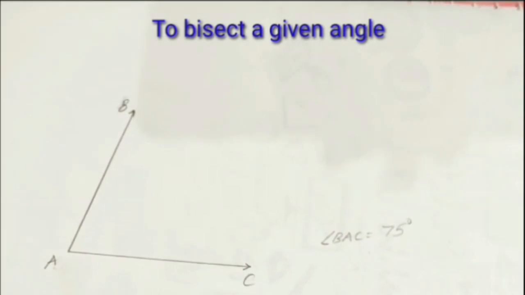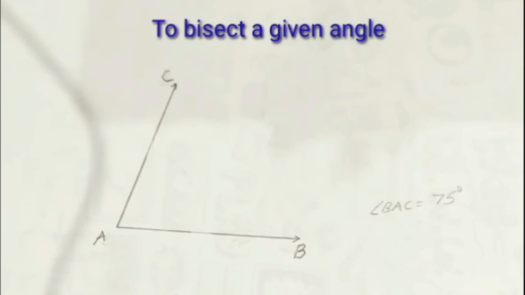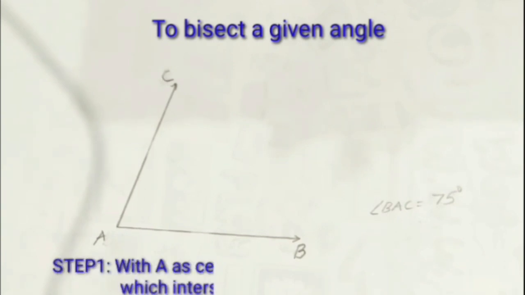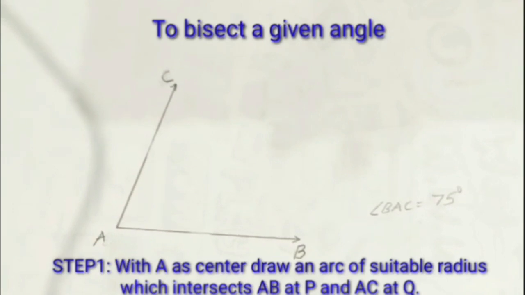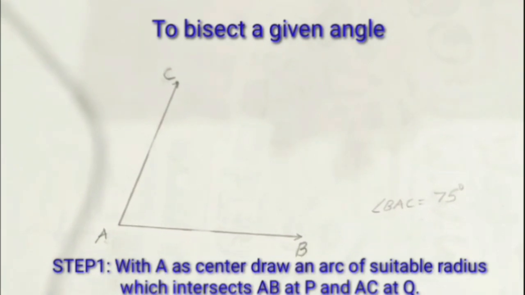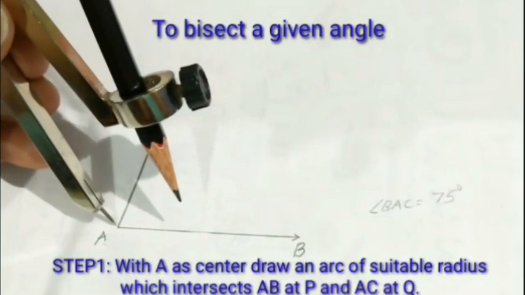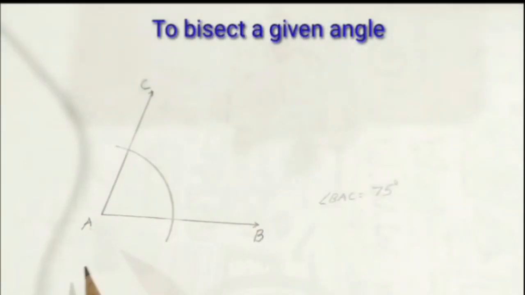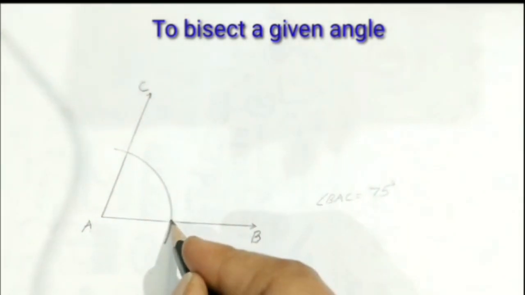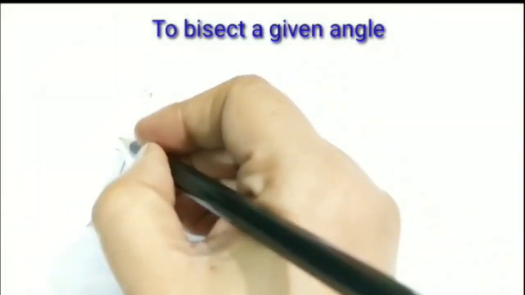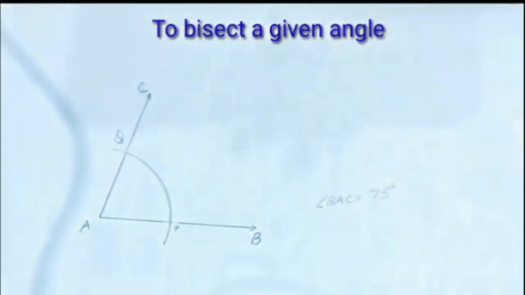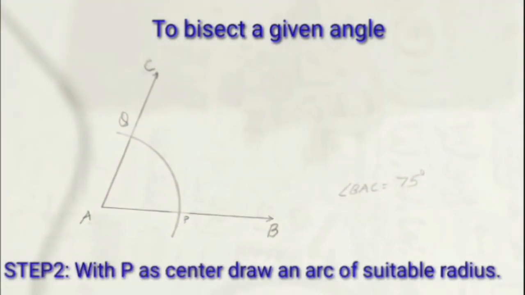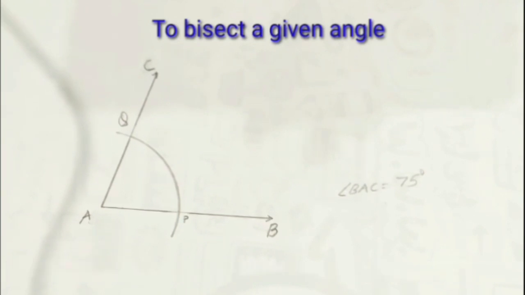To draw the bisector of a given angle, step 1: with the vertex A as the center and a convenient radius, draw an arc which intersects the ray AB at P and ray AC at Q. So let's follow the step. A as center, draw an arc of suitable length such that it intersects AB at P and AC at Q. Step 2: with P as center and a suitable radius more than half of PQ, draw